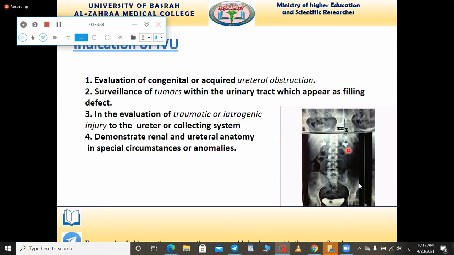If the contrast is extravasated around the kidney, there is injury to the renal pelvis, for example. If the contrast is extravasated around the ureter, there is an injury to the ureter. If the contrast is extravasated around the bladder, so